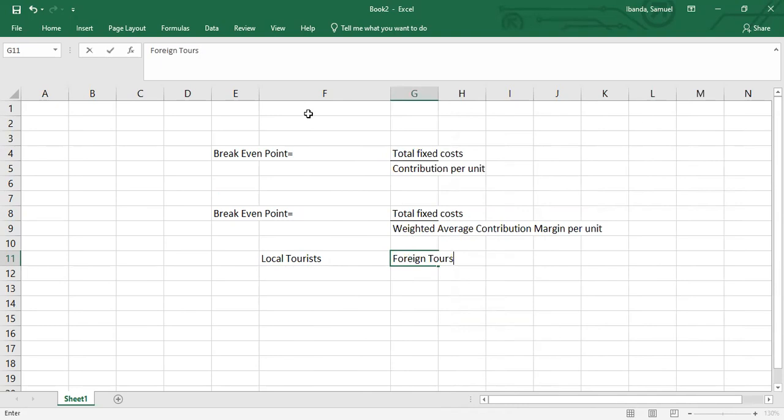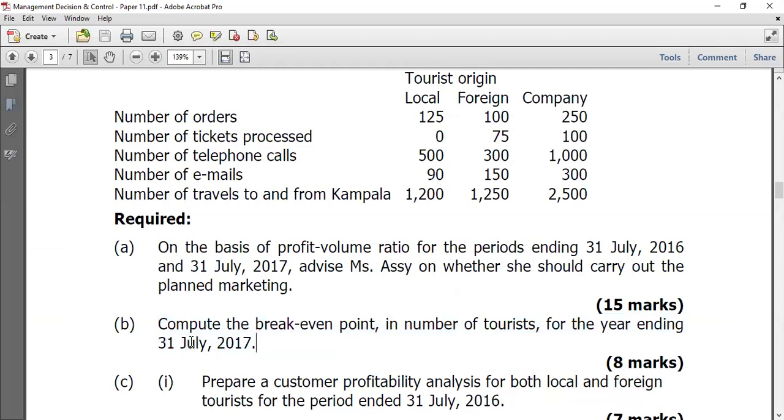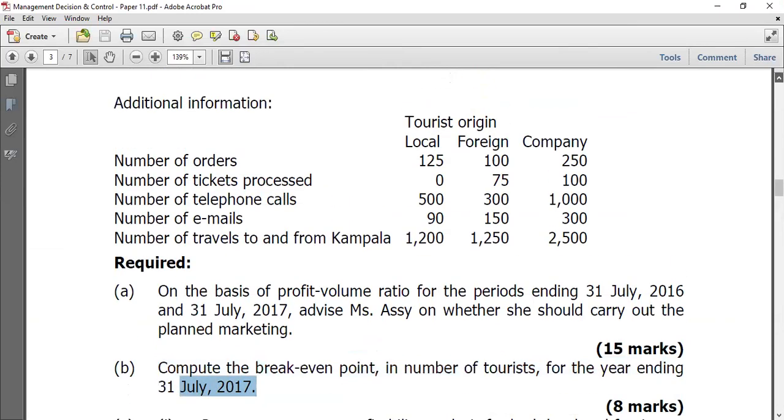Okay, whatever they're sparing. Yours is to list them and then determine, of course, the selling price of each of them. And remember, this question was asking us which year we were looking at. This year is the one ending 31st December 2017. So we're able to get our